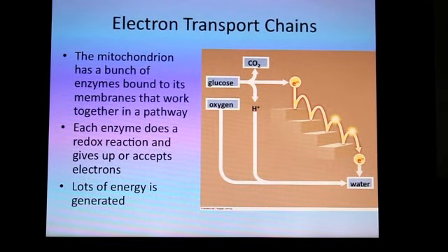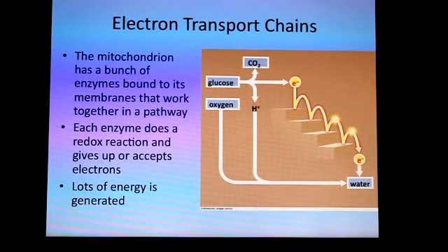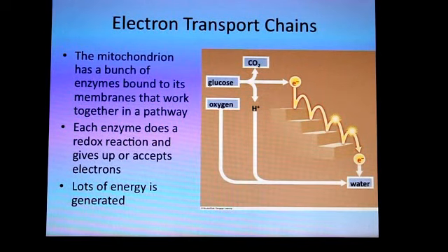An example of how redox reactions work is the electron transport chain. Your mitochondrion, which you remember is the powerhouse of your cell, has a bunch of enzymes bound to its membranes that work together in a pathway. So in this example, you can see the glucose is reacting, it's releasing its energy in the electrons, and they're going slowly down the steps. Each step is a redox reaction. They're releasing their energy nice and slow, and at the end,